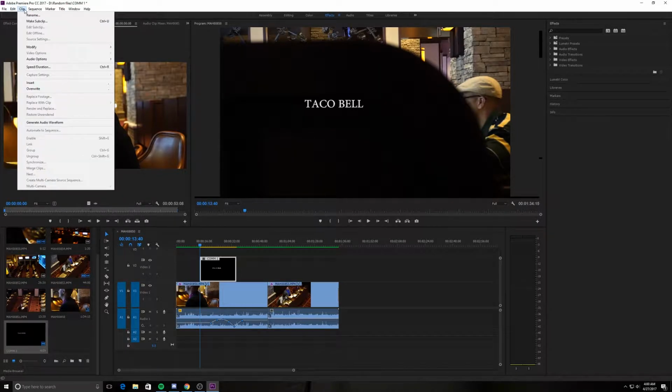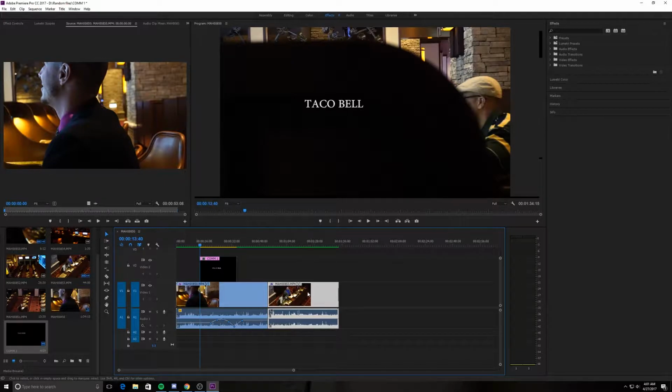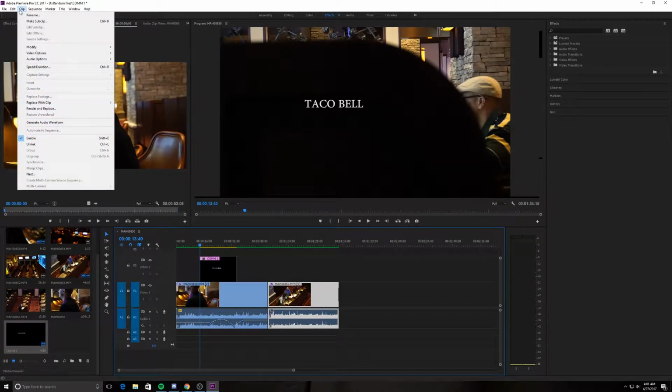Same thing goes for clip. You can rename your clip. You can modify your clip just a little bit, as well as change the speed and duration. This is something that you're not going to find over here. So if you wanted to change the speed of this video, say you wanted it sped up, you make sure it's highlighted. Go up here to clip,